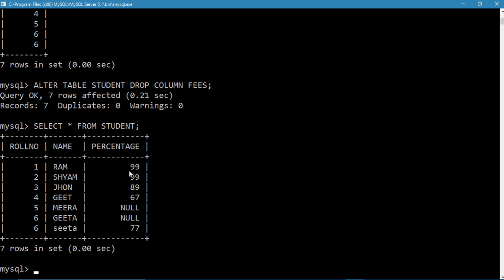If you want to delete a particular entry from the table, means a particular row you want to delete, that can also be done. Or the complete table can be deleted, means all the entries inside the table can be deleted, everything can be done. So let us discuss these cases one by one.